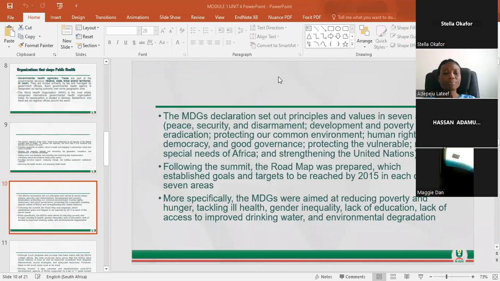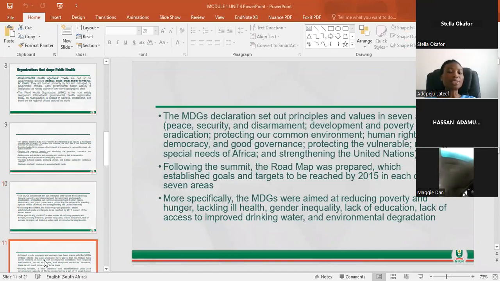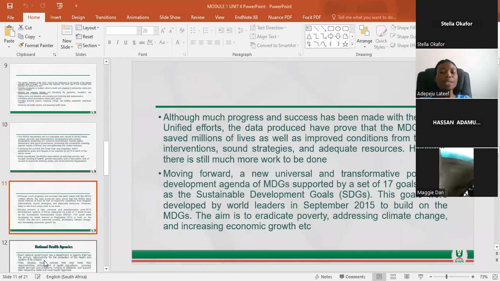The Millennium Development Goals aimed at reducing poverty, but also hunger, and also tackling ill health and gender inequality, as well as lack of education, lack of access to improved drinking water, and environmental degradation. But in 2016, another